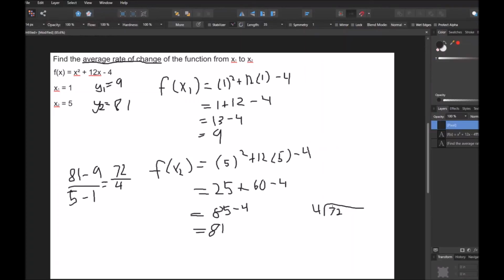So 4 goes into 7 once. Yep, it is. 30, 32, so that's 18. So our answer is 18. Meaning that this function has a slope of 18 from x equals 1 to x